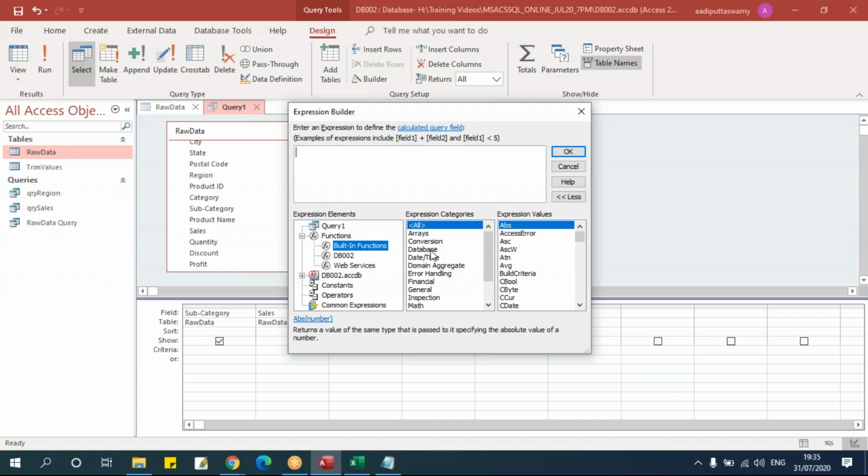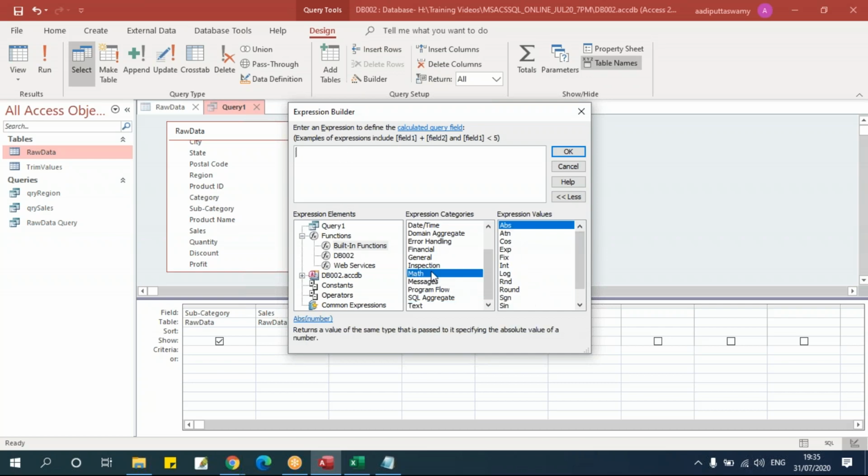Let me go here and select some general functions. Here I'll get some mathematical functions. See, there are so many mathematical functions. Just now we saw fix and integer, all of this will be available here. Click on text functions and I'll get all the text functions. You can just double click and you get the function here, and then you can start working.